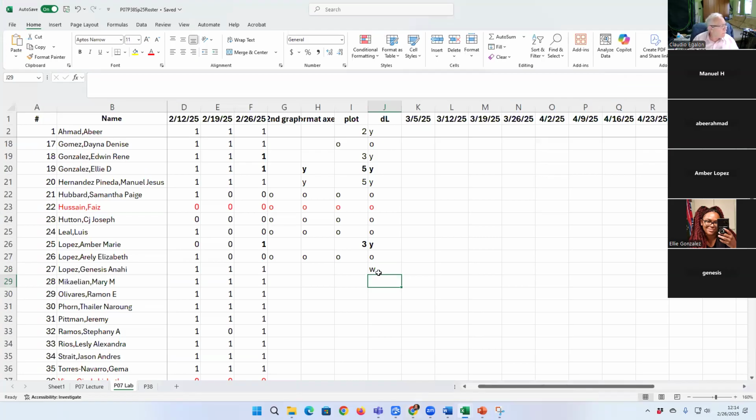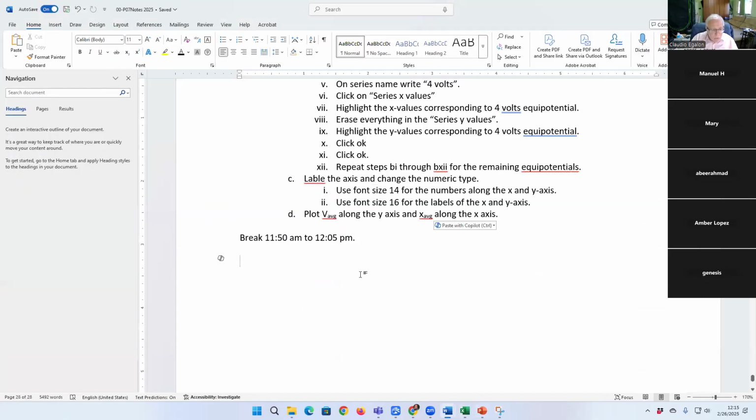Mary, I downloaded everything and I plotted everything, all the 5. Did you format the graph as well? Yes. Okay, now work on the second graph. You know what to plot in the second graph, right? Yeah, the X average and the Y average, I already plotted that one as well. Just one graph. Make sure it looks good, and not just plot, but also make sure you get the